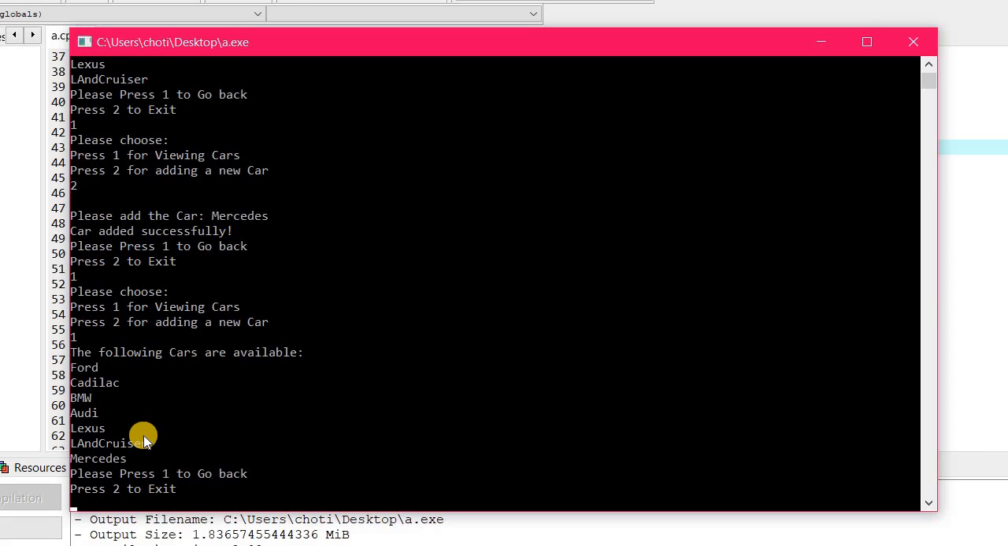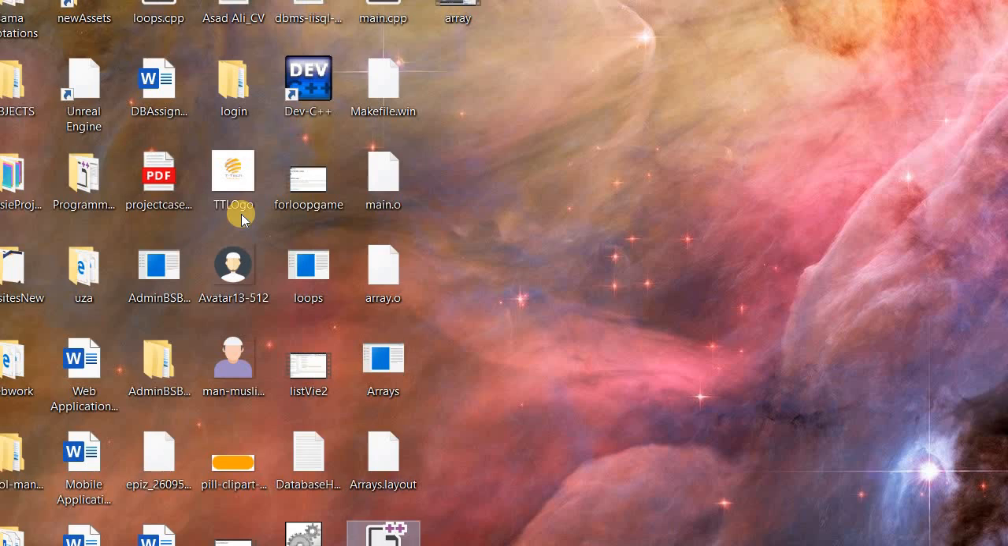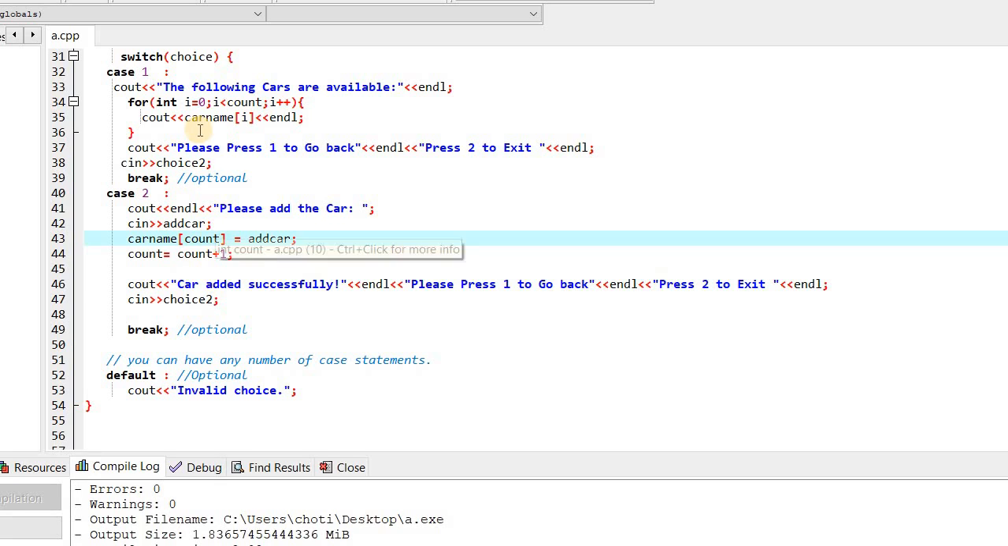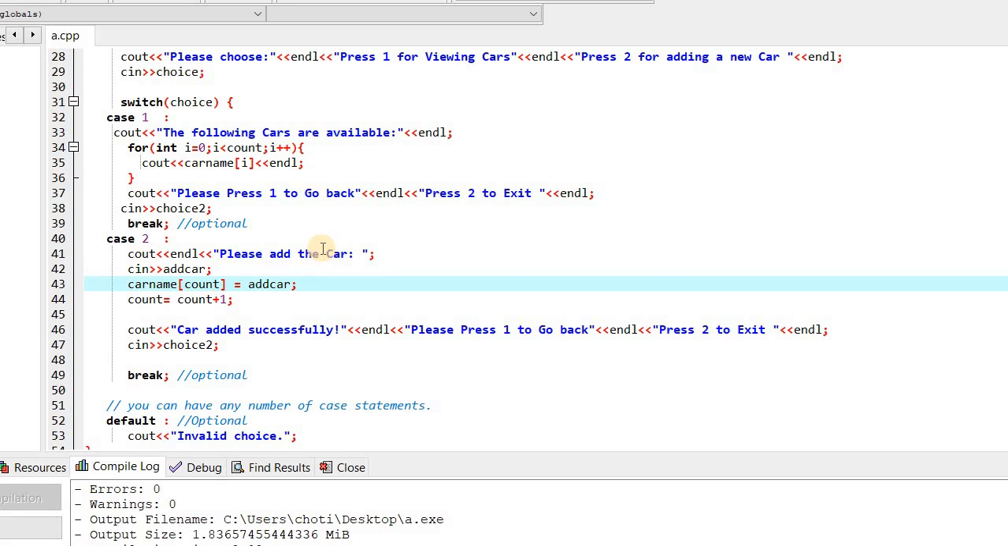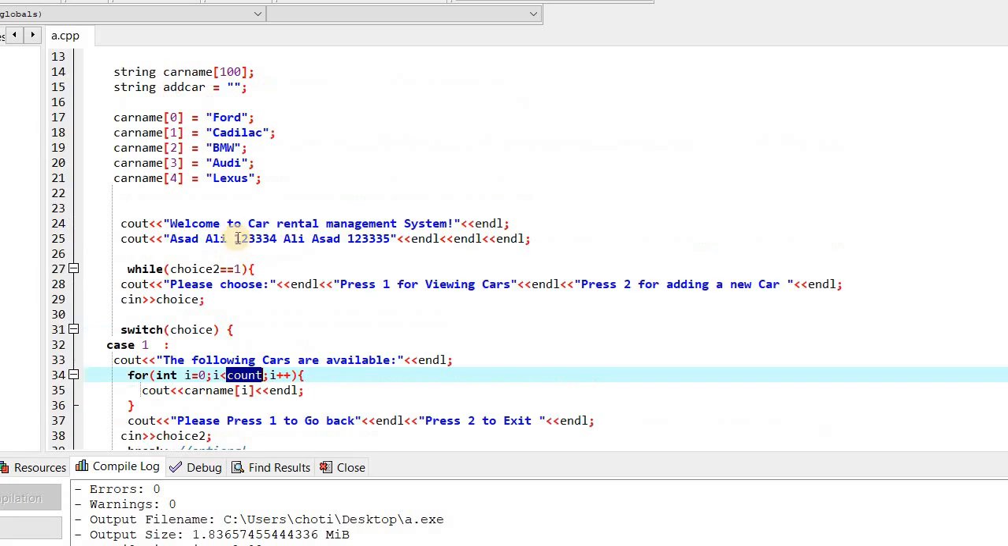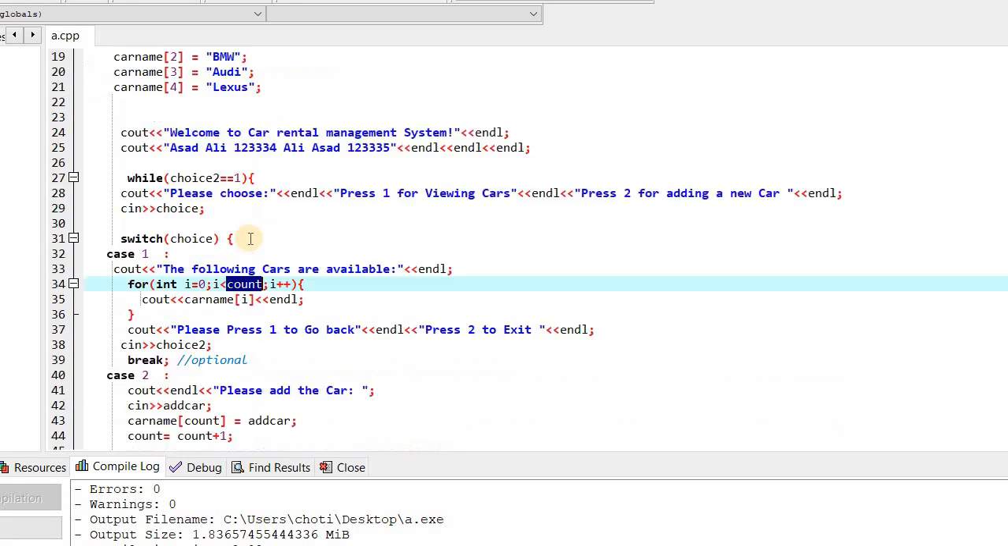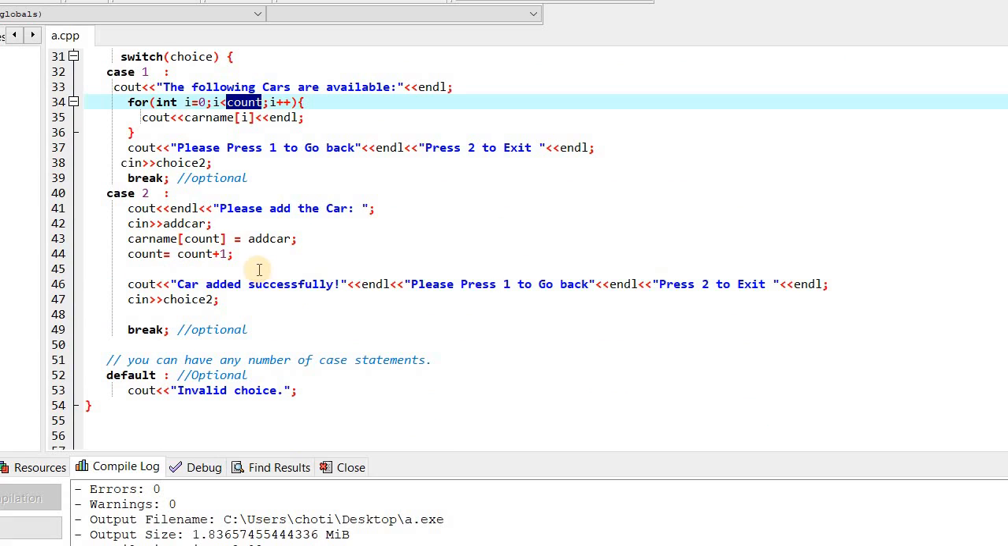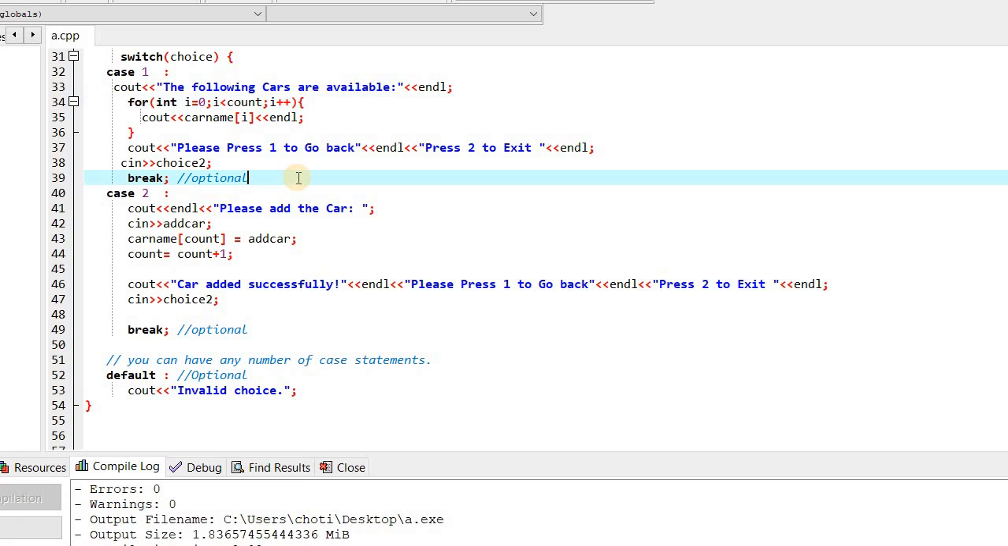Okay, so that means our management system is working up to here. It's adding new cars, and when we display them, they show up as well, because the display was based on the count logic. How? In our display for loop, when we're going to view cars, the following cars are available. The loop works based on the count variable. So earlier our count was 5. When we add a new car, the count value increments by one. That means the loop runs one extra time. So that's the logic